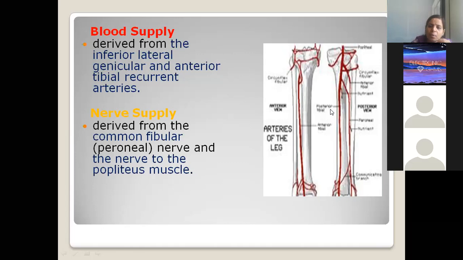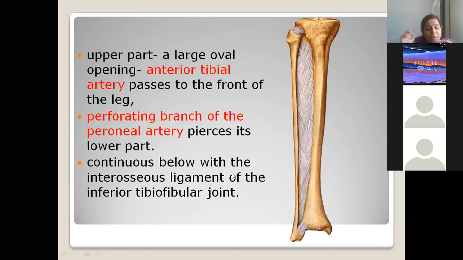So fibular, you say many times. You remember, right? Fibular is the branch of which artery? I was asking you. I could not hear. I'm really sorry if you have answered. Okay, so the posterior tibial artery's branch only is the peroneal artery. I remember, in class, you were telling about the popliteal artery.